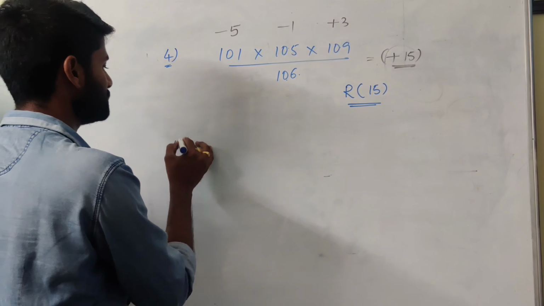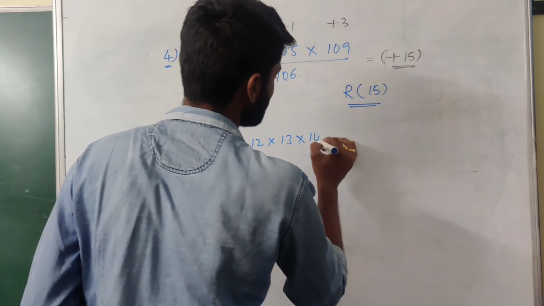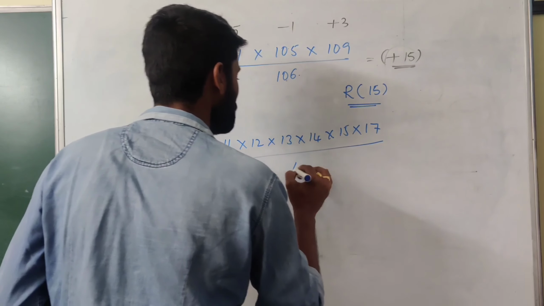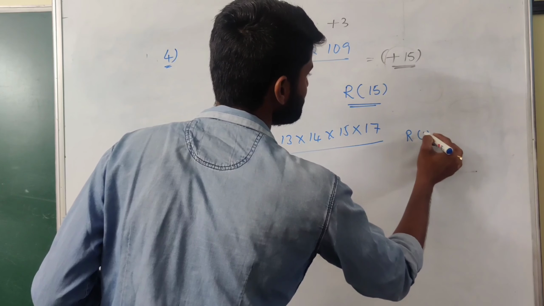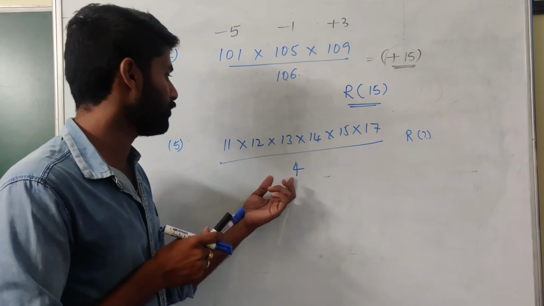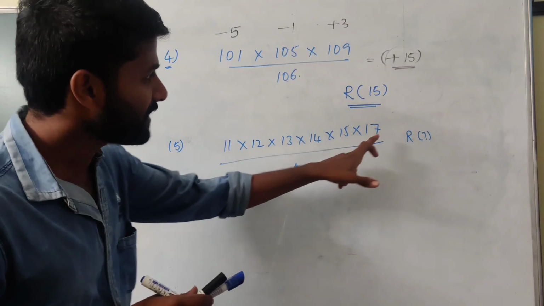Okay, for example, 11 into 12 into 13 into 14 into 15 into 17 divisible by 4. What is the remainder? So this is your question. Some students directly divide 11 by 4, just consider it as plus 3, minus 1. It takes time. Just observe that for the entire above